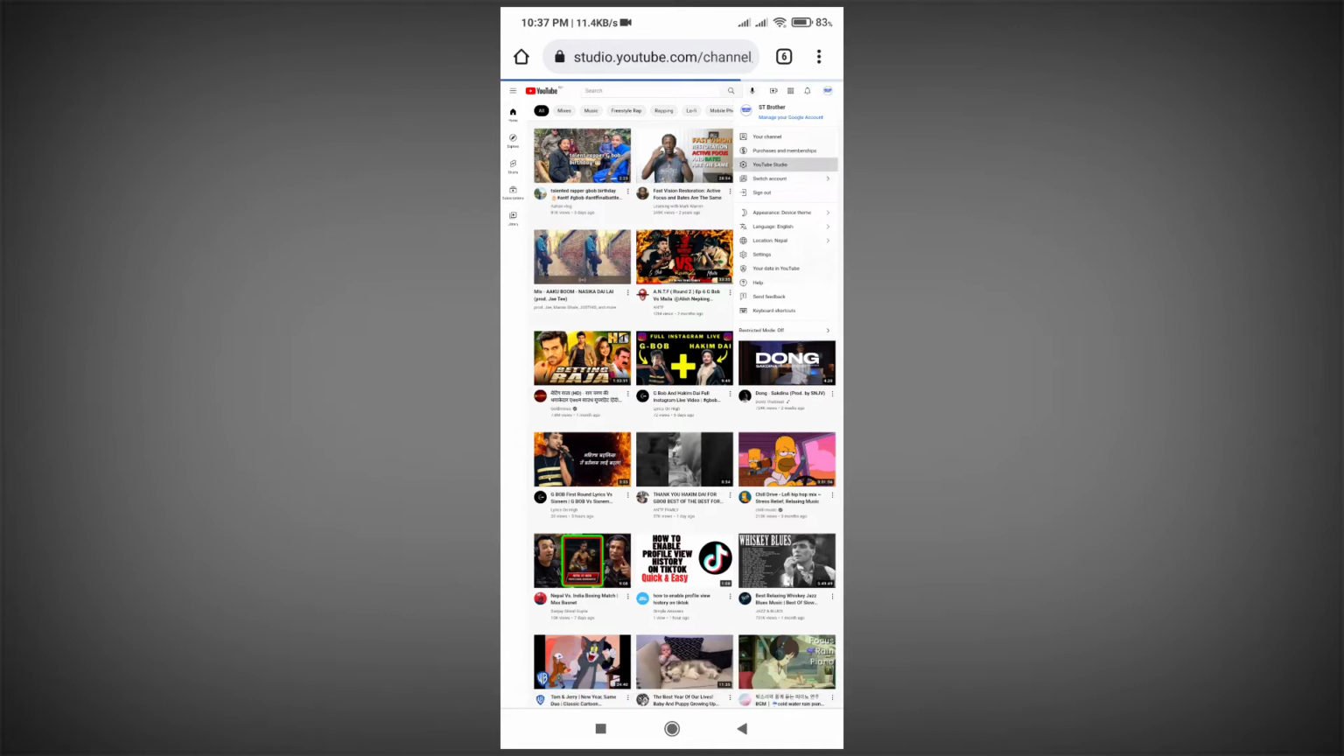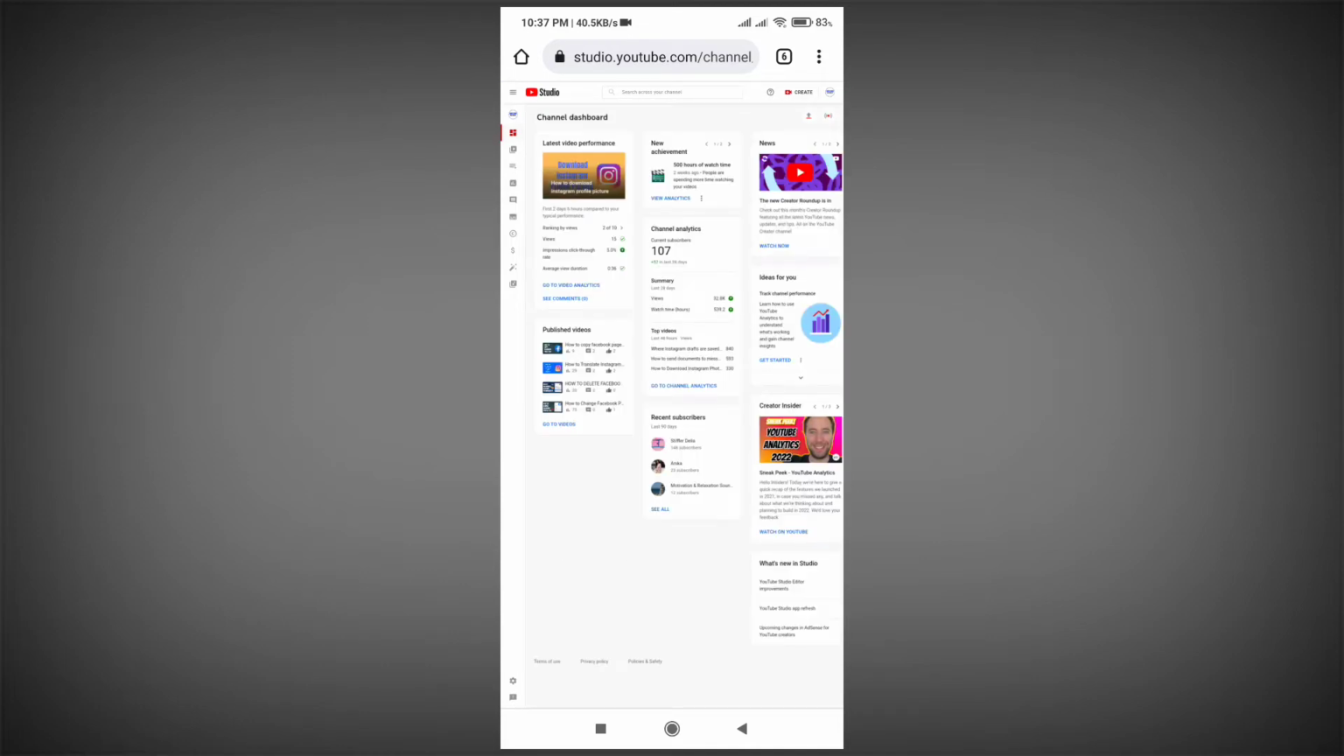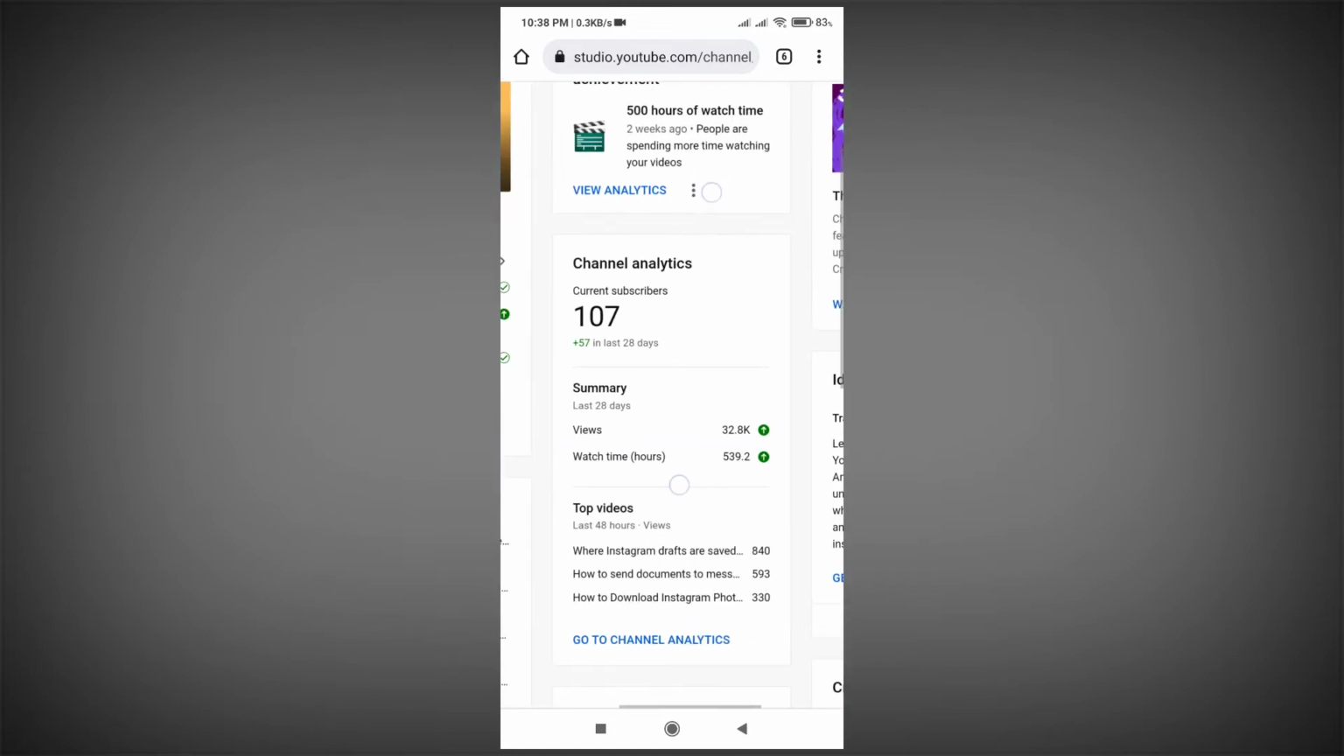Then you will be redirected to this studio.youtube.com screen, and please make sure that if you have the YouTube Studio application on your phone, then you will be redirected to the application. So make sure you uninstall that for now and do this. Okay, so after you come here, you will receive this screen, and guys, you can see I only have